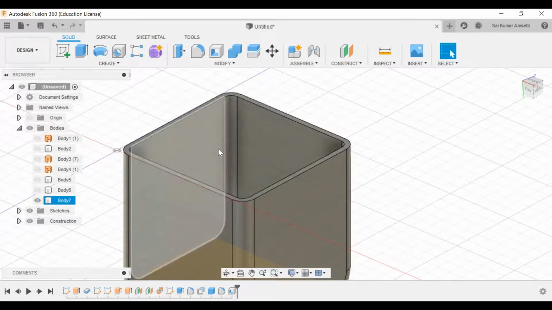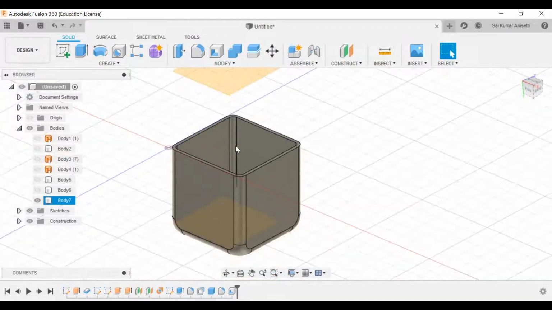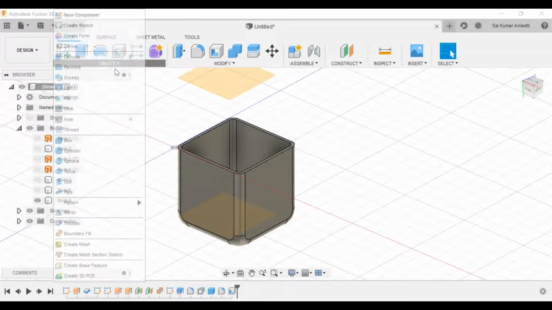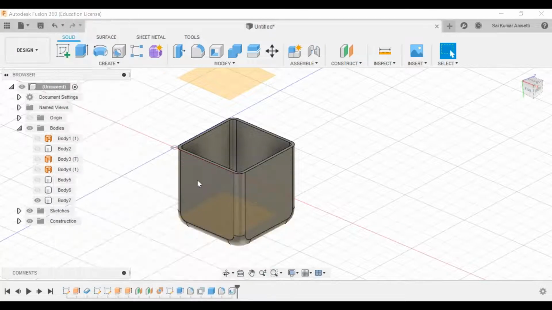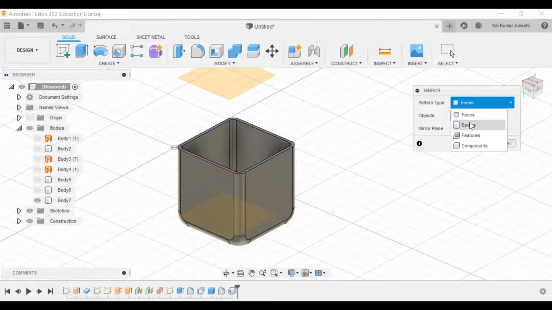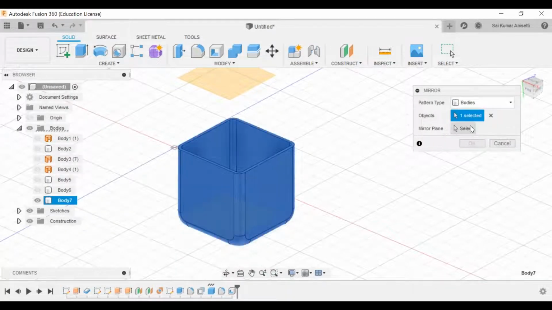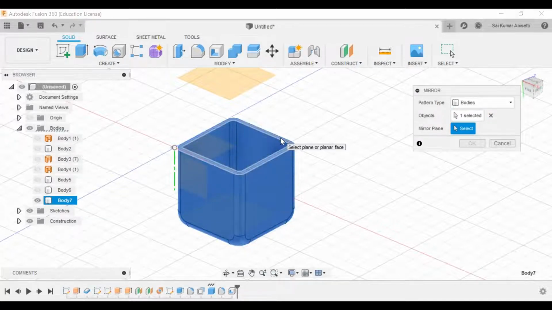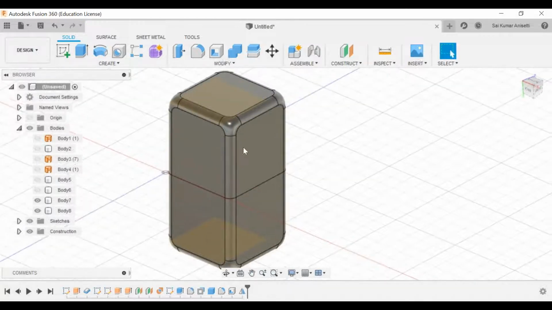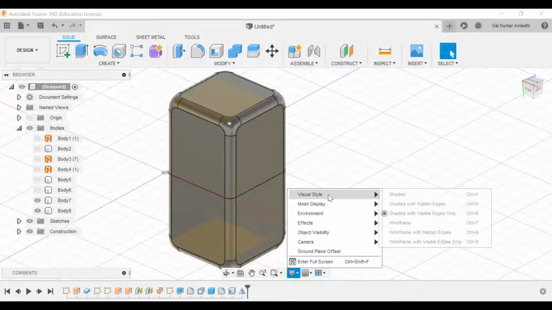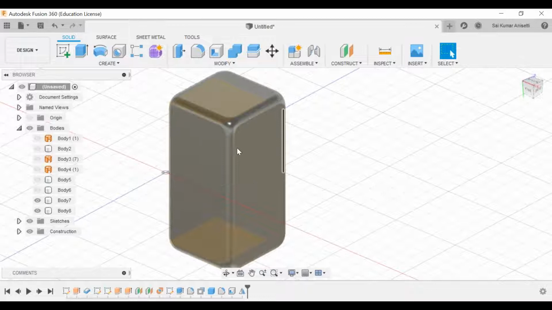Now if you want to close this face, you have to make that as a separate body itself. For example, the simple way is to make a mirror. Let me go through that. Create, you have a mirror option. Now instead of faces, go to bodies and select the entire body itself, and for the mirroring plane, select the surface, click OK. Then if you hide those edges and shade it, this becomes a solid, I mean sorry, a shell element. If you cut this, it is a simple shell.